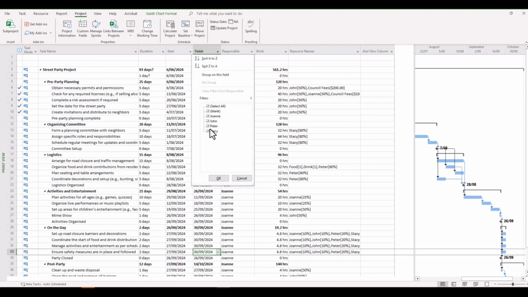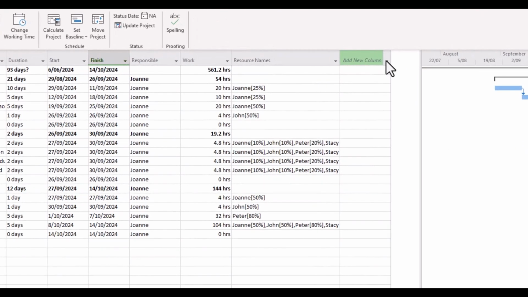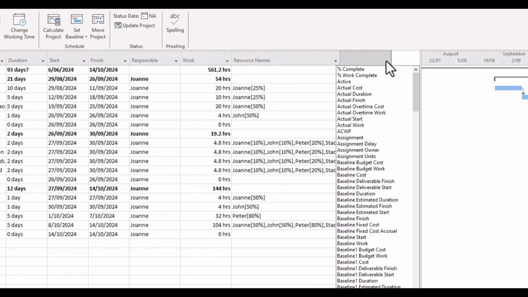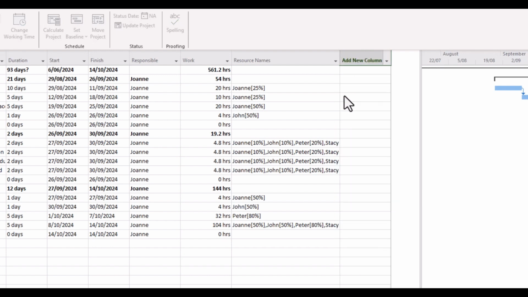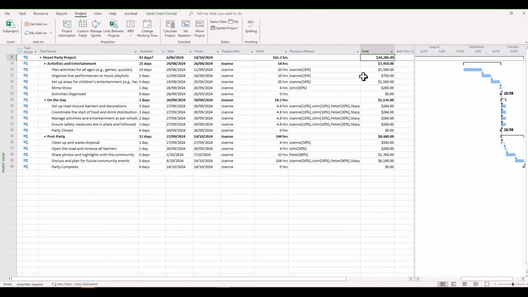So once again, it's going back to Joanne. We can look at all the responsibility that she has, and then if we were interested in costs, we could simply snap to the cost column, and we could see all of the costs there that are associated with this